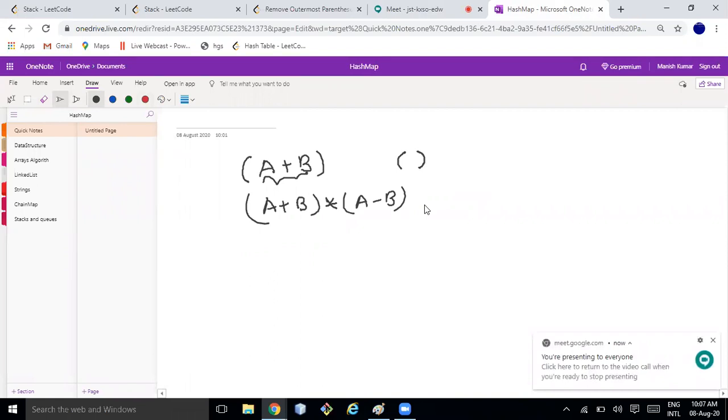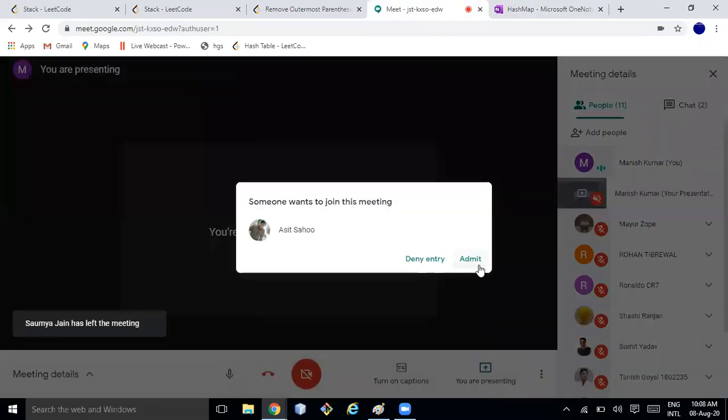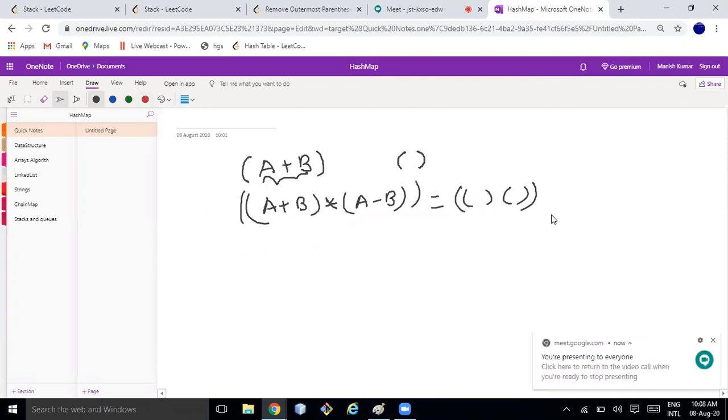Then we can say this is also one valid parenthesis, right? And we can close this one with an outer parenthesis. Okay, so this is also one valid parenthesis. But can we break this valid parenthesis into two parts? We cannot, right?